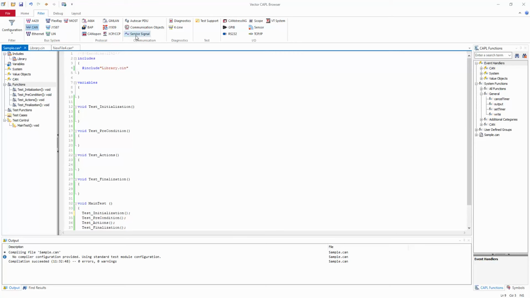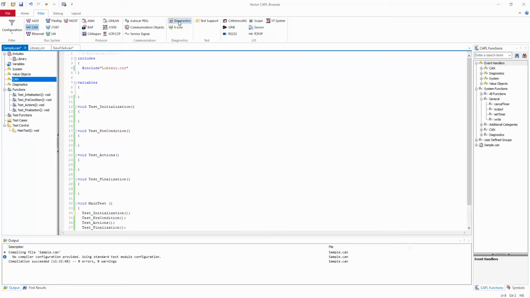The same way, this is based on the communications again. If I select the AutoSAR PDU, then AutoSAR PDU specific event handlers will be displayed here, like the on PDU option. I'm deselecting that. Then this is based on the diagnostics.